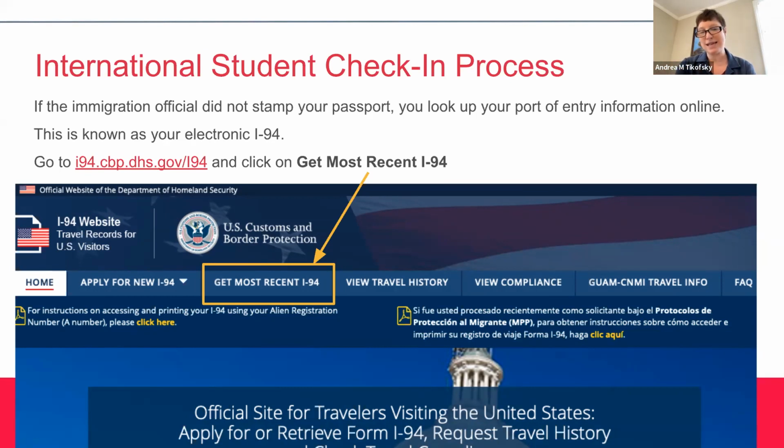You don't need to save a screenshot of this image because on our submission form where we ask you to submit it, these instructions are there. It gives you the link to this web page and the instructions on how to download it. But I just wanted to make sure you saw Get Most Recent I-94. All right, next slide.